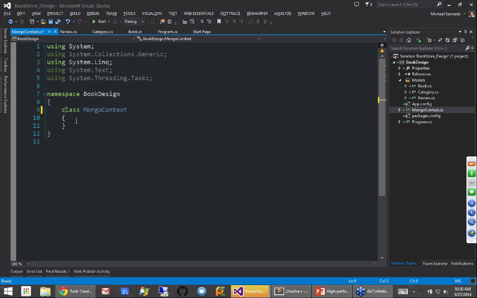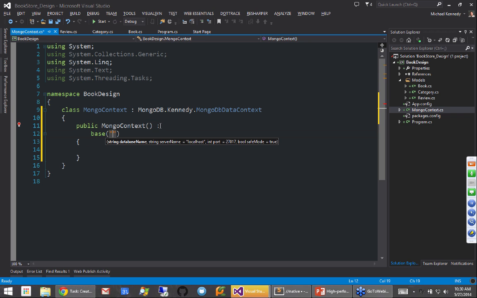So in here, this is going to derive from MongoDB Mongo data context. And it's going to have a constructor. And in the constructor, we have to talk to the base constructor. We have to say the name of the database, so let's just call this DM webcast bookstore, something simple. And that will be enough to talk to the database. We could pass other information like what the server is and so on, but we're not going to. There's defaults and they just work.